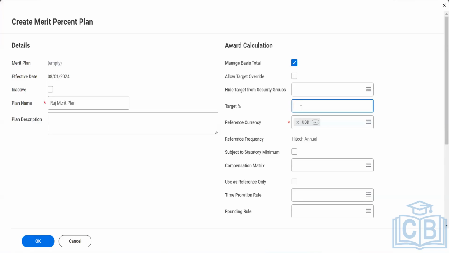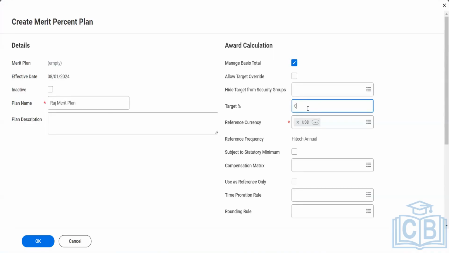Talking about this value, what they mainly use it for is if there is no target defined. We have an option: we can keep this as 0 if I do not want to set up any target. I have come across multiple merit plans where they do not define the target, because we mentioned the GDPR, right? Because of that as well. Or in the other scenario, they define it and restrict it with security. This target is just for reference purposes.